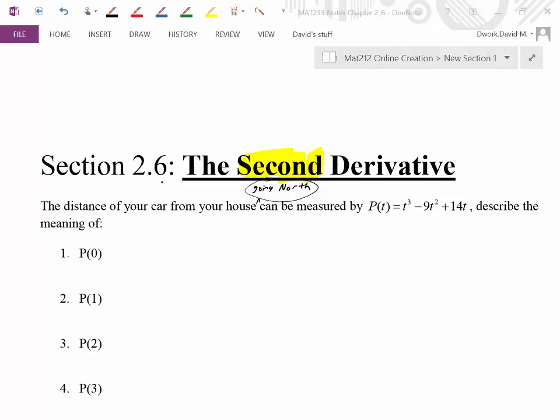All right, in this section, we're going to cover the concept of second derivative. And to get there, though, we're going to go through first derivatives and a little bit of review material, so please bear with me. So for this first problem, we're going to talk about the distance of your car from